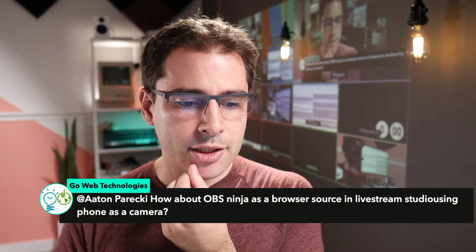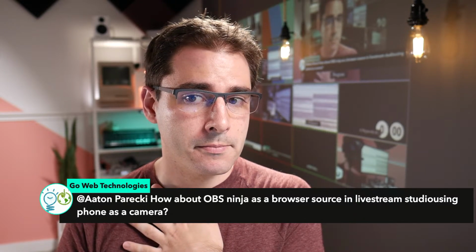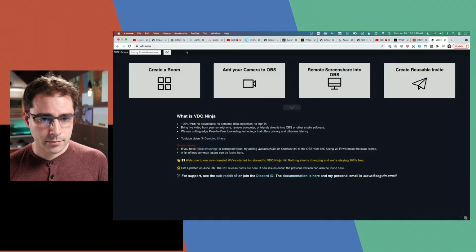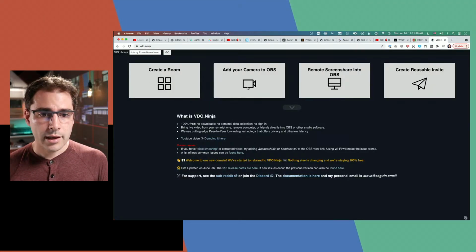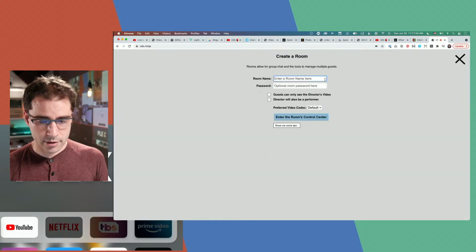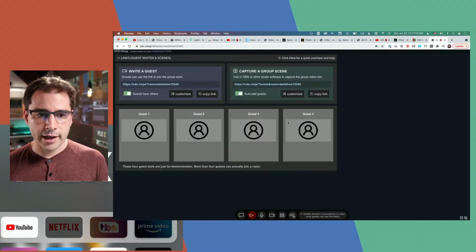How about OBS Ninja as a browser source in Lightstream Studio using a phone as a camera? That should work. I don't see why not. Want to try it? VDO.ninja. Add your camera. No, I want to do this so that I can do test show 1 2 3 4 5 password. I can make that no password. Great, and then I can copy a link to my phone